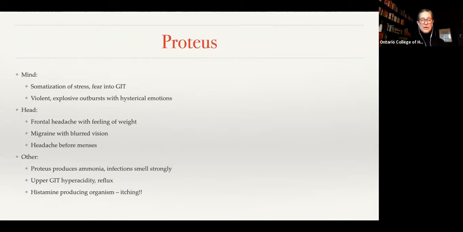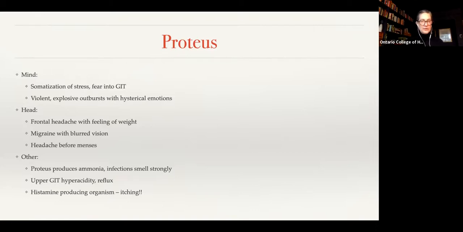The mind picture is the somatization of stress and fear into the gastrointestinal tract. There's also violent explosive outbursts with hysterical emotions. There's a strong head picture in Proteus. There's a frontal headache, a regular frontal headache with feeling of weight, migraines with blurred vision and headaches before menses,